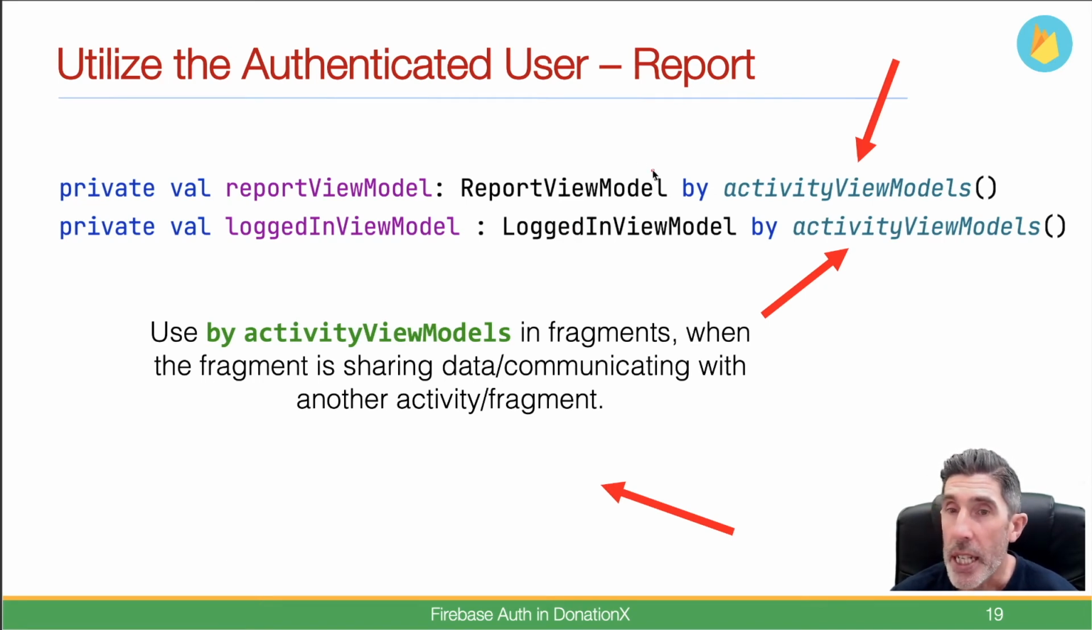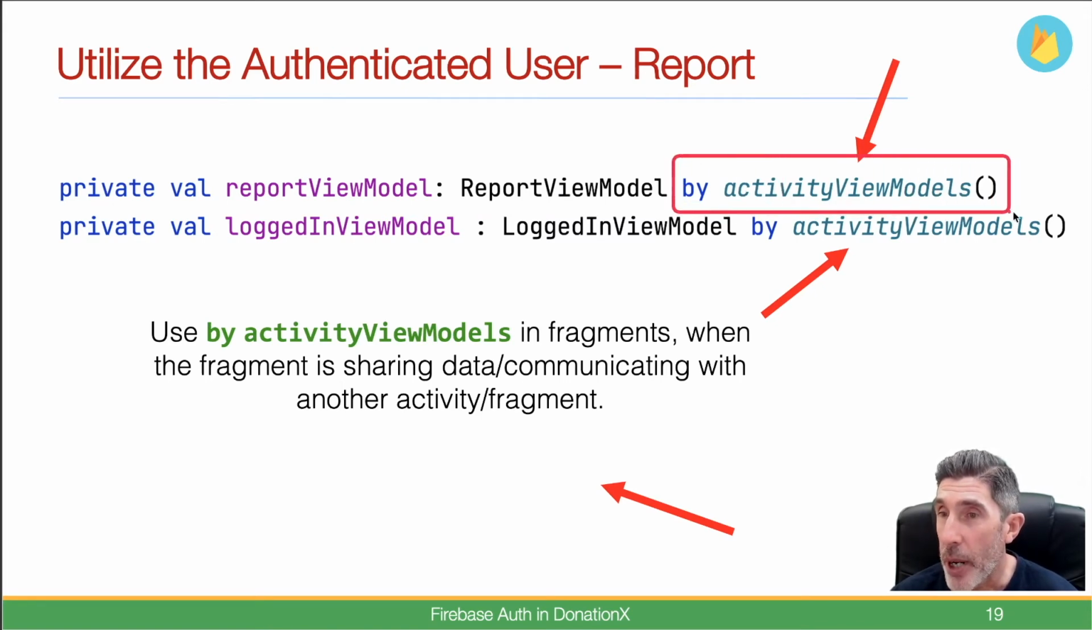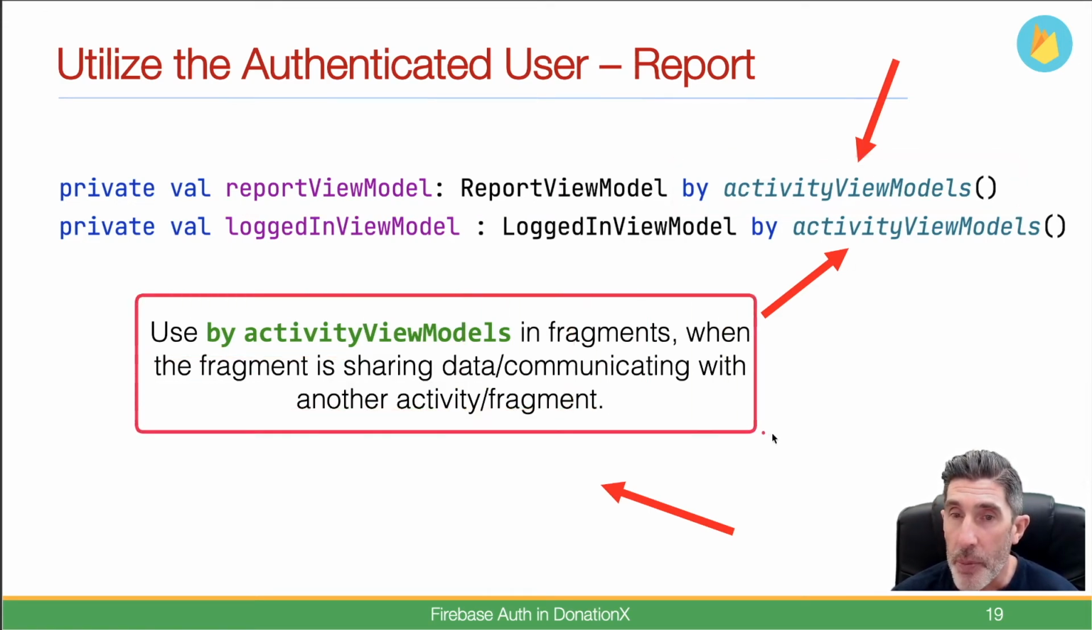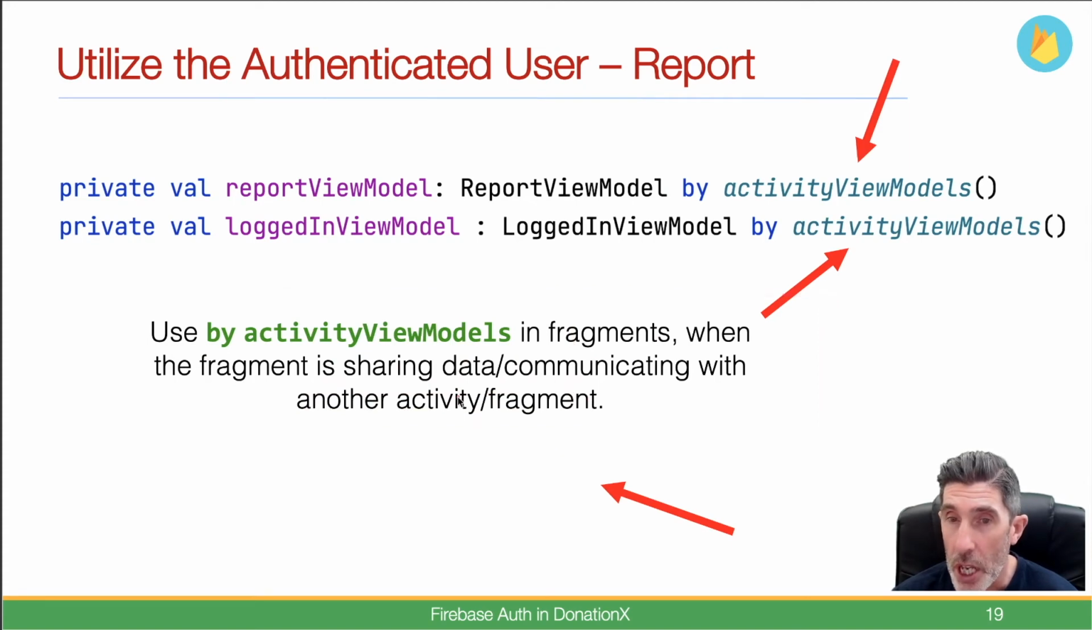So instead of just declaring the view model up top and then binding to it later on, generally in onStart or onCreateView, we declare it by activityViewModels, and this is a very useful extension function. We use this when the fragment is sharing data or communicating with another activity or fragment. So this allows us to share this particular view model with other activities, so we can get at it directly, and any changes that are made